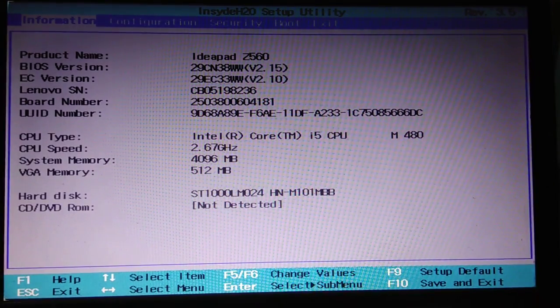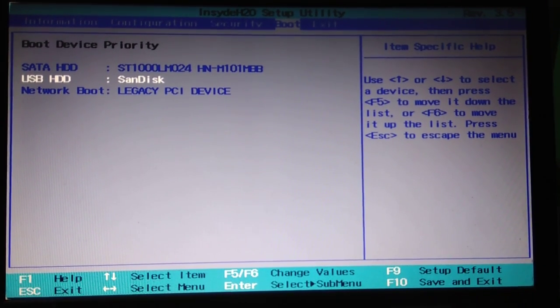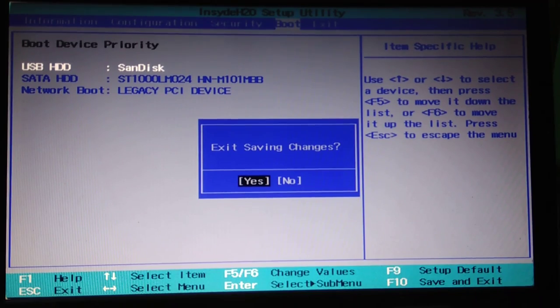So here you have to go to the BIOS and you have to select the boot drive from which you want to boot your computer. Here you have to select the pen drive in which the Android has been extracted. Now select to boot.